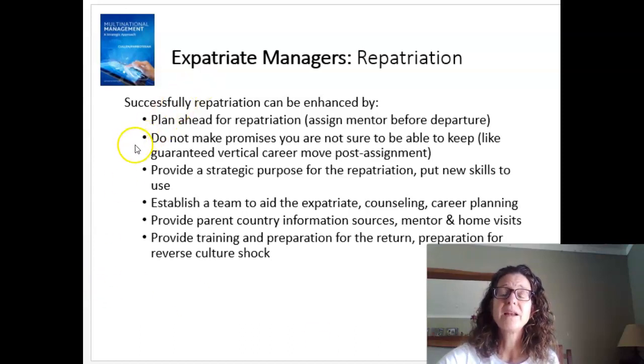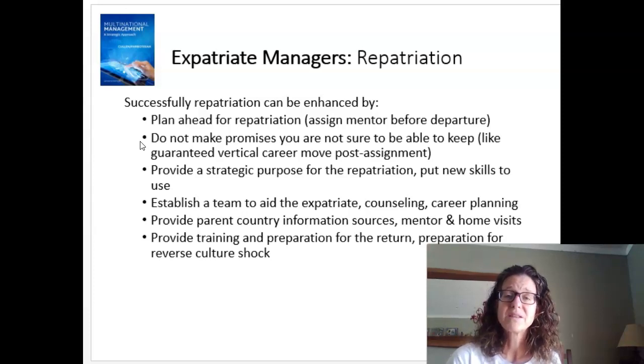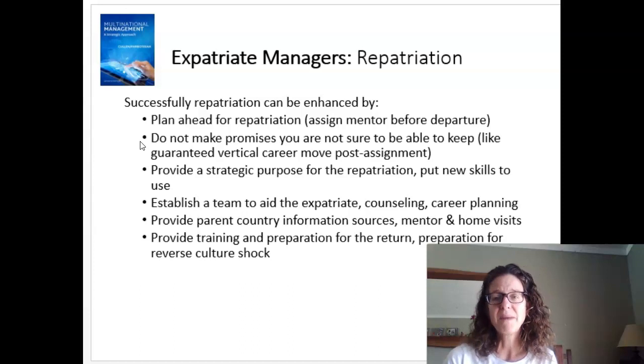It's also important that multinationals not make promises that they are unable to keep, because this is a violation of what is referred to as the psychological contract. If I take on a foreign assignment because my boss promised me a promotion upon return, if I return and that promotion is not granted, I perceive a violation of a psychological contract. Maybe there was no signed paper contract in the traditional sense, but a promise was still made, and the expatriate is likely to be disappointed and possibly quit the organization.